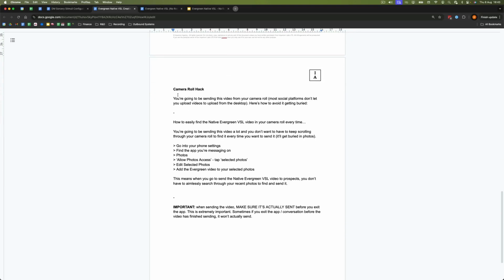Okay, next. So we have a quick camera roll hack here, okay? So obviously you're going to be sending all these VSLs from your phone. Okay, full transparency, you cannot send evergreen VSLs from your laptop or your desktop. It has to be done from your mobile device. And it doesn't make sense every single time to be opening it up with camera on, scrolling through to find the